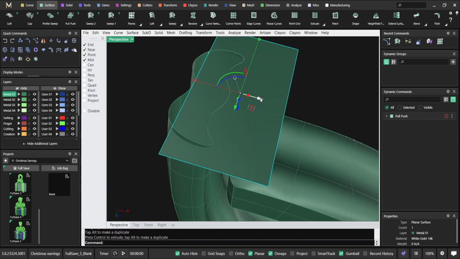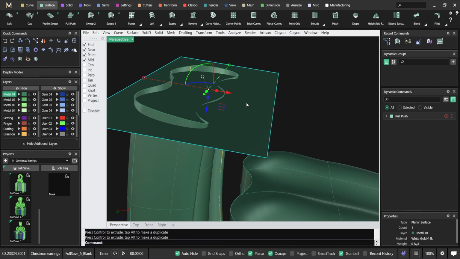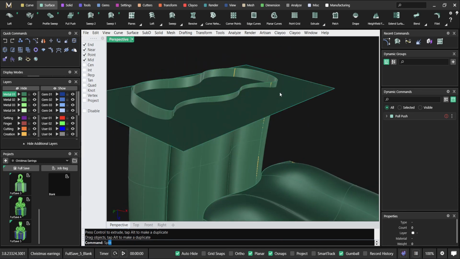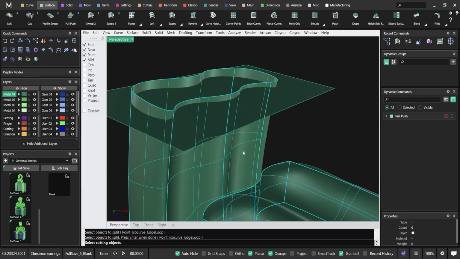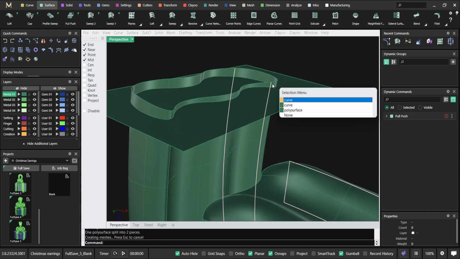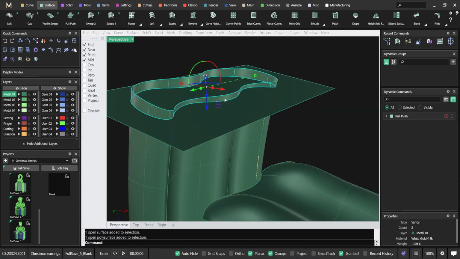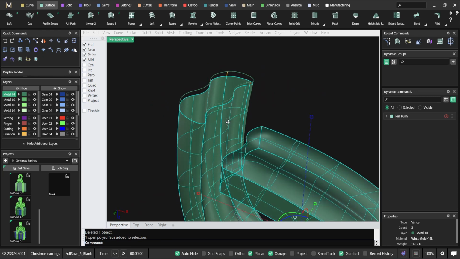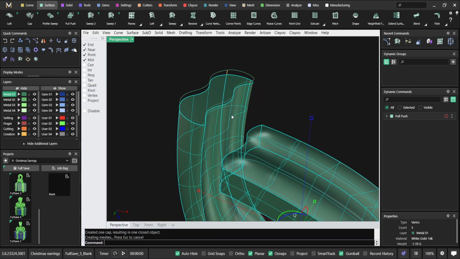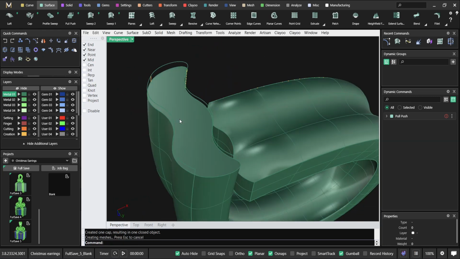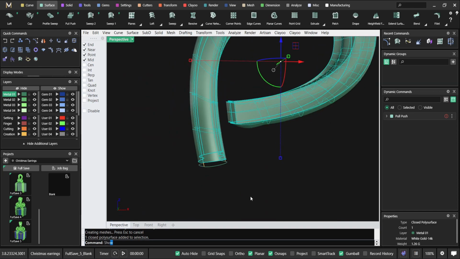Okay, just like this. So I can split this object with this plane, and I'm gonna be able to cut it now. As you can see, now it's a solid object, okay? If I show everything again,